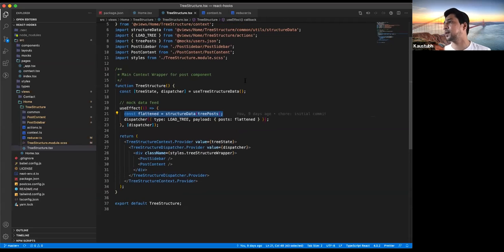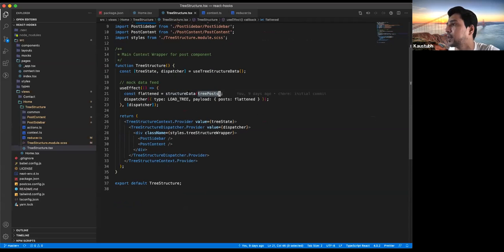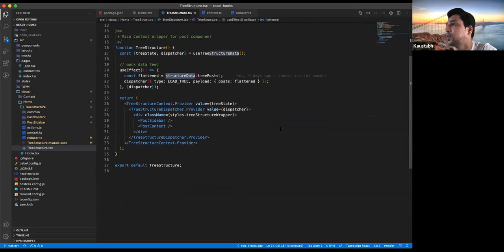For this demo purpose, I'm using mock JSON. So there is nothing I'm calling for an API. I'm just getting the data fed to my utility functions, doing all the operations that I need for easy rendering. And then I'm dispatching an action, which is going to load my reducer with these values. So this is how we update the store.